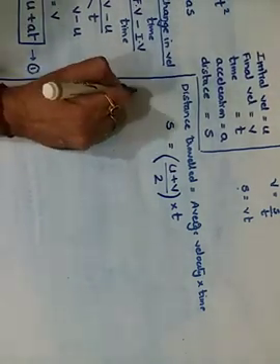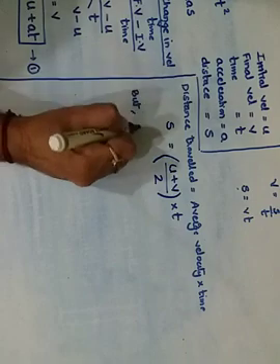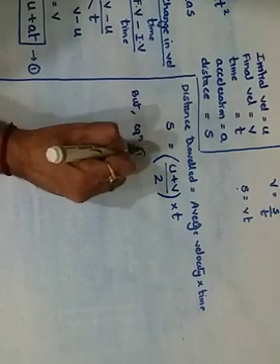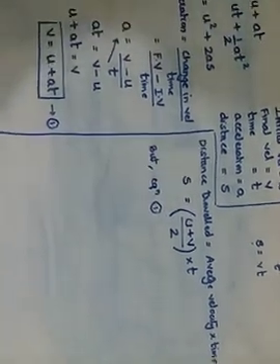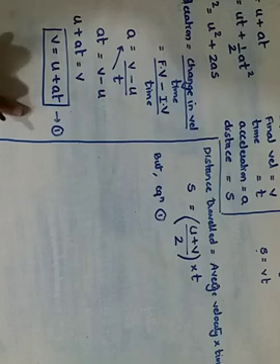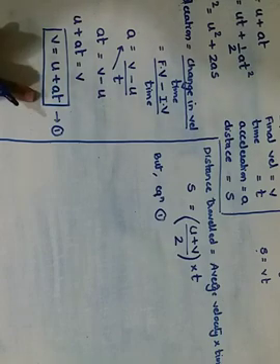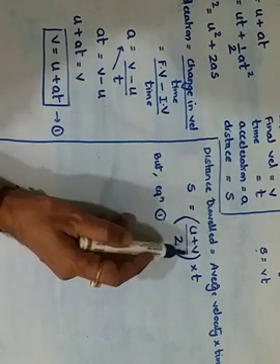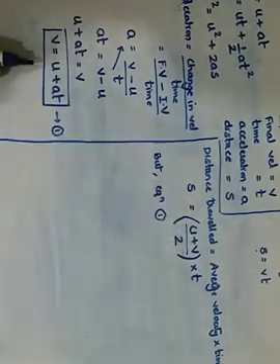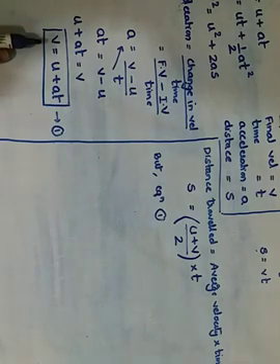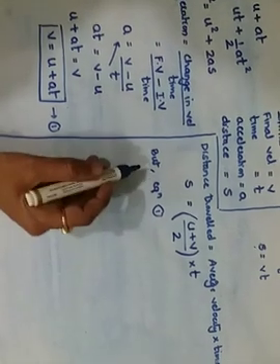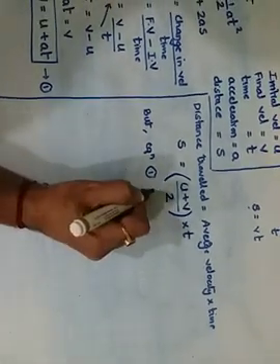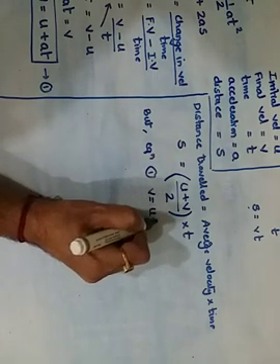But from equation number 1, what was your equation number 1? Just now we proved here. Just look at it. Equation number 1, v is equals to u plus at. So here, instead of this value of v, I am going to substitute the equation of v, that is v is equals to u plus at. So equation 1 stated that v is equals to u plus at.